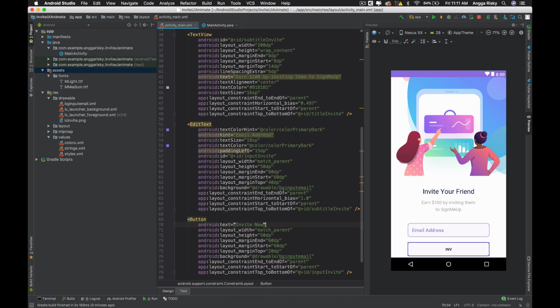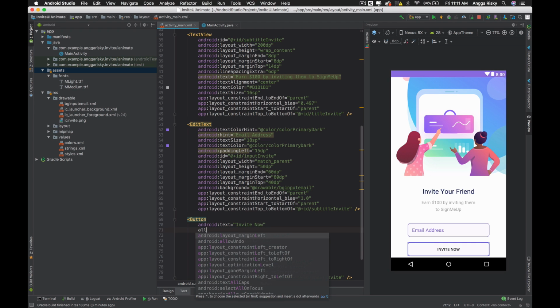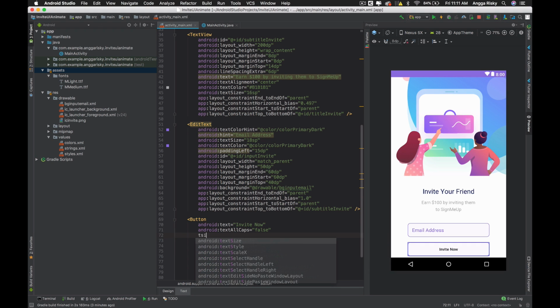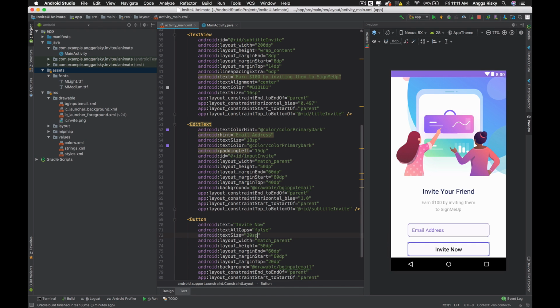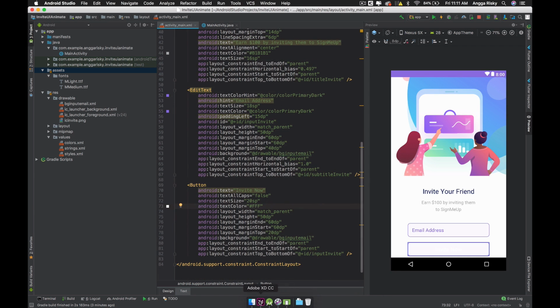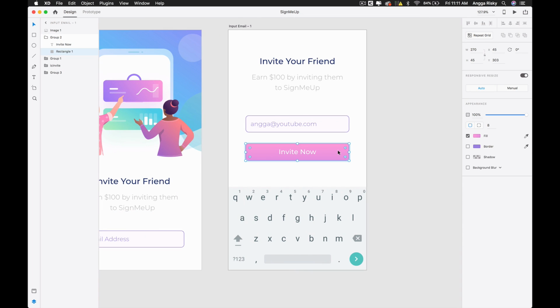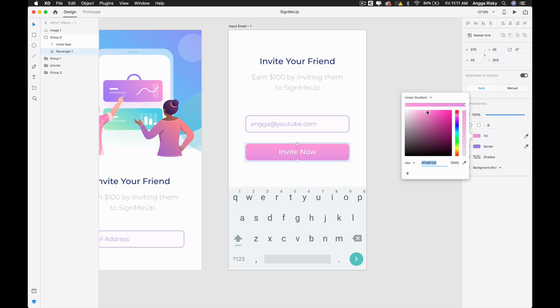Okay, and then after that we use all caps false. Okay, and then text size, just go with 20 sp. Okay, and the text color is supposed to be white. Okay, and if we see in the design, the button has a gradient color, so I think that we could